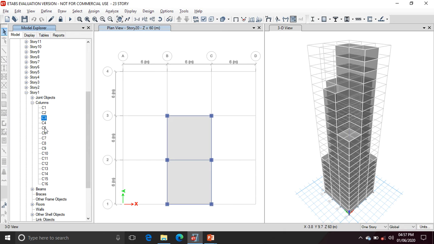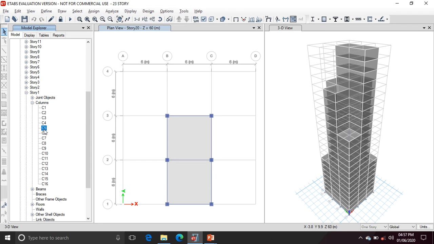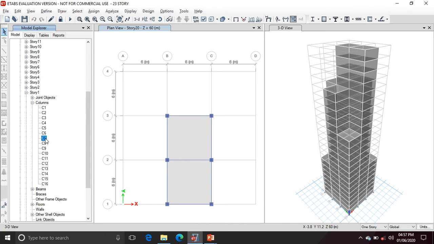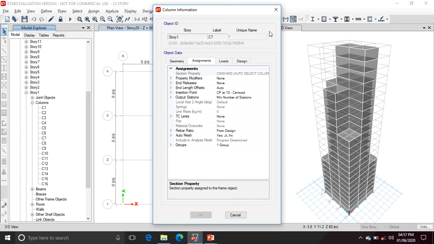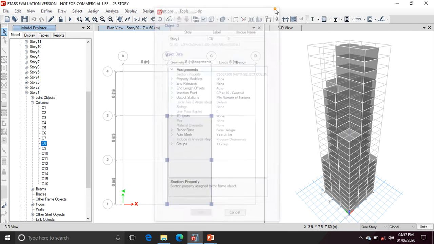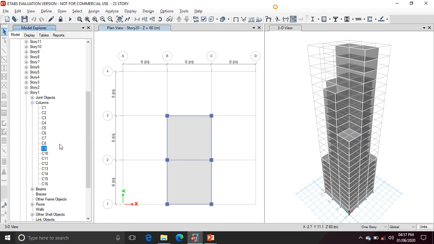Okay, C4 is 500 by 500, C5 is also 500 by 500, C6 is 600 by 600. C7 is also 600 by 600. Continuously clicking on it and noting down the sizes of the columns used in the software.